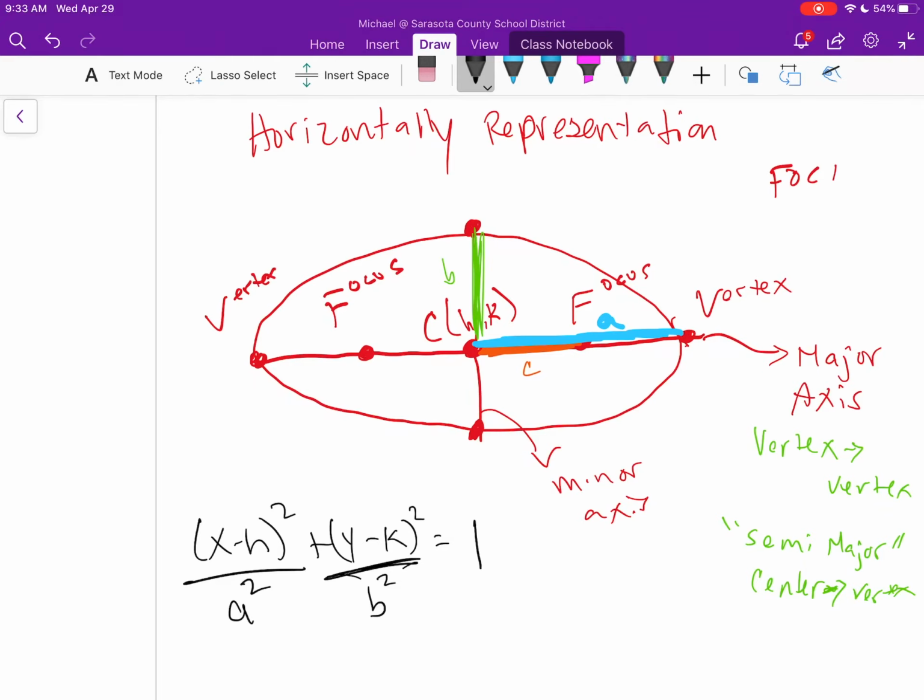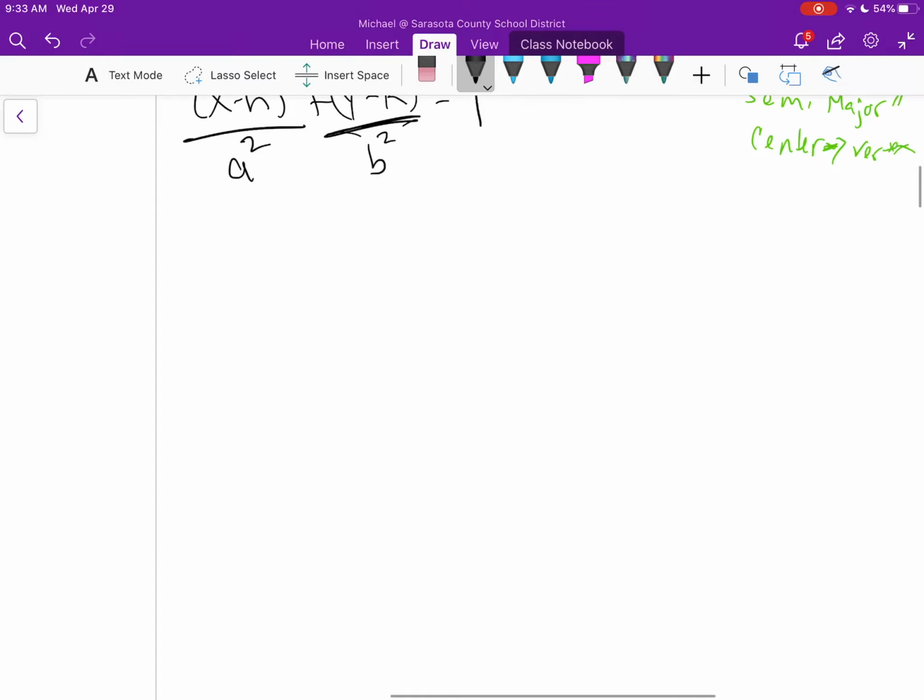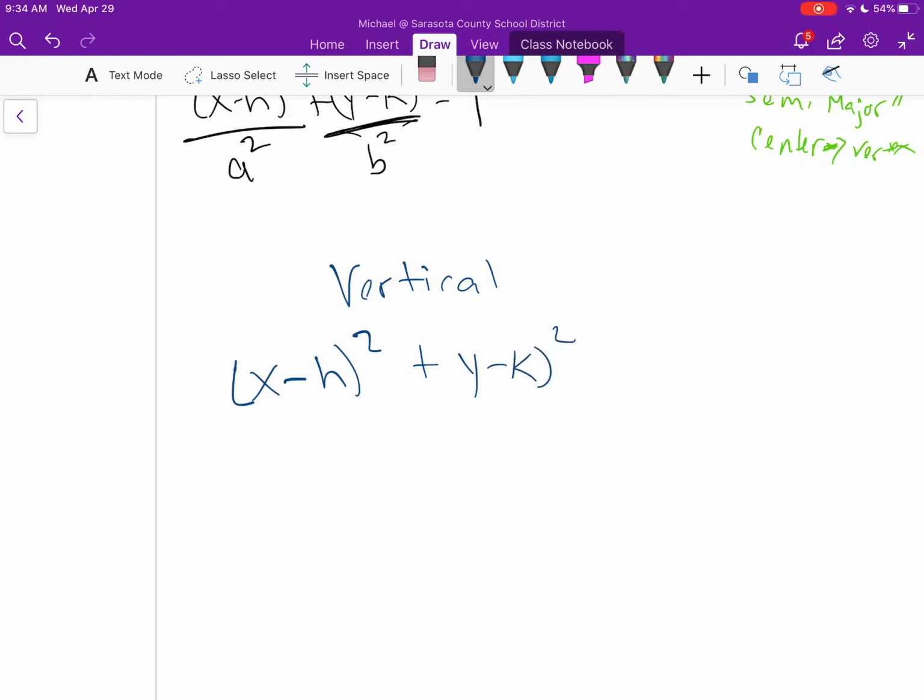Well, what happens if it is a vertical representation? If it's a vertical representation, then we just switch. We have x minus h squared plus y minus k squared equals 1. Under the vertical would be the distance from center to vertex vertically, a squared, because it's going to have a vertical representation now. And then it would have b squared for the minor axis, which would then be represented from a horizontal aspect there. And so we will use some examples of these guys in our